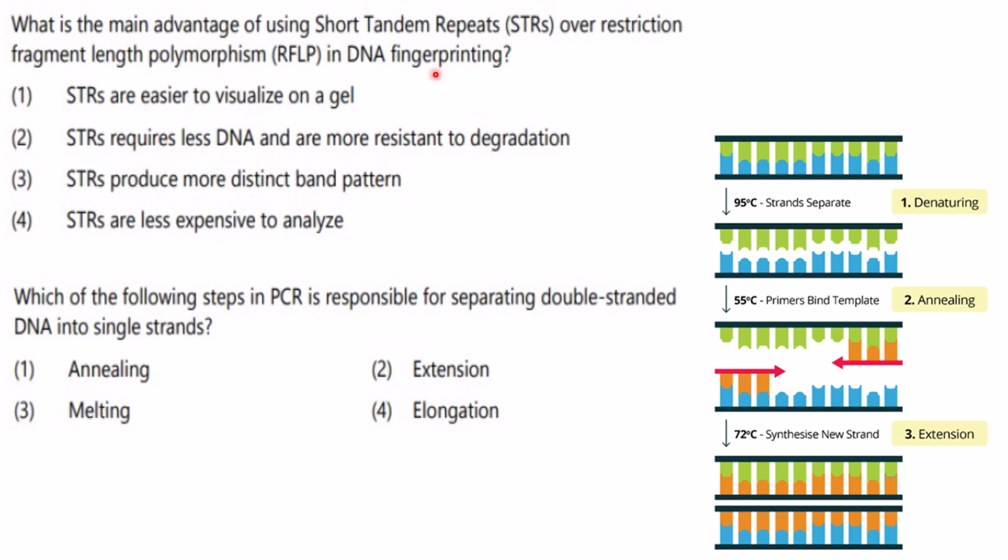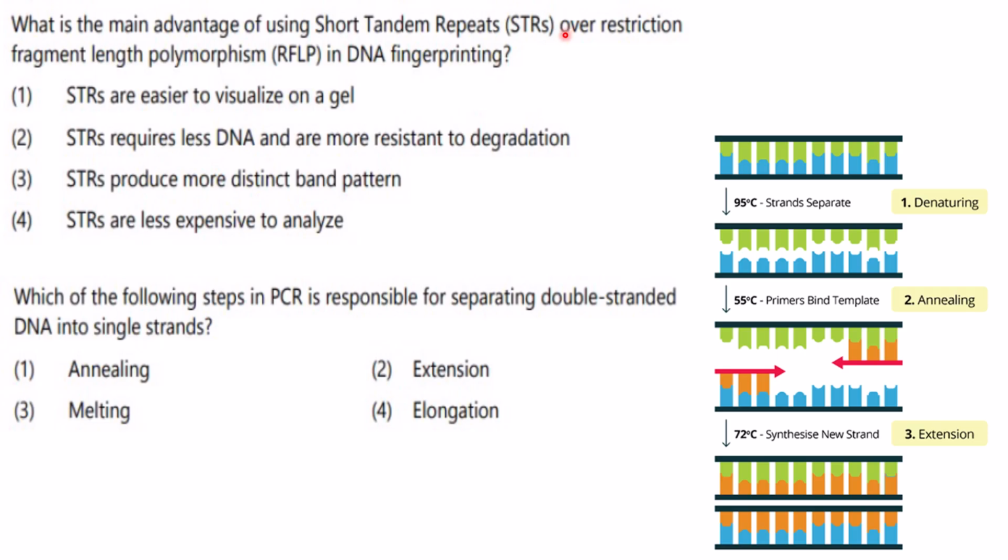Once STR got popular, the VNTR and RFLP techniques have been reduced. They have reduced the usage of RFLP technique and VNTR methods. Now VNTR consists of longer sequences, about 10 to 100 base pair sequences, that is the variable number of tandem repeat sequences. There is reduction in the usage of VNTR also, and at present short tandem repeats are being used over RFLP